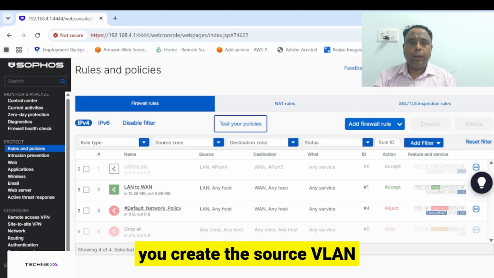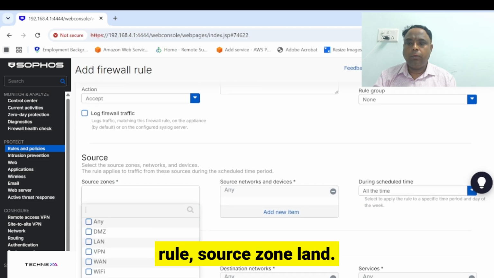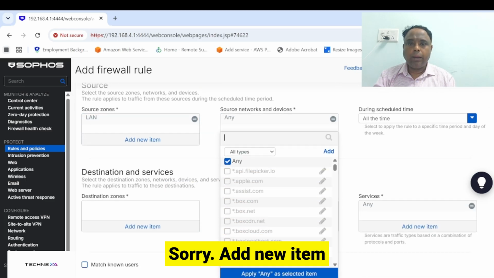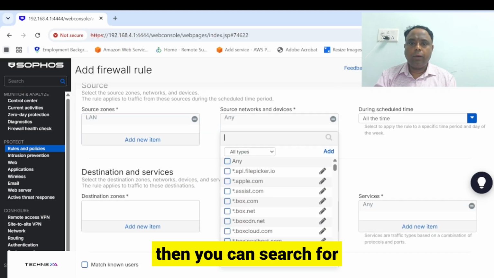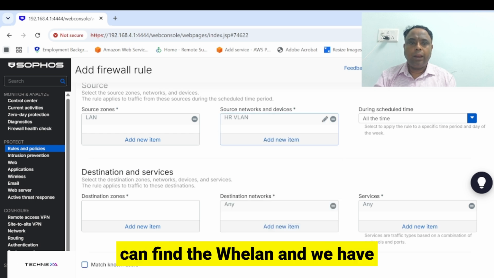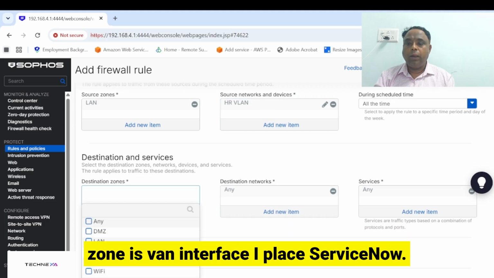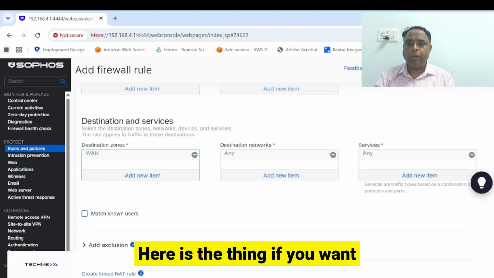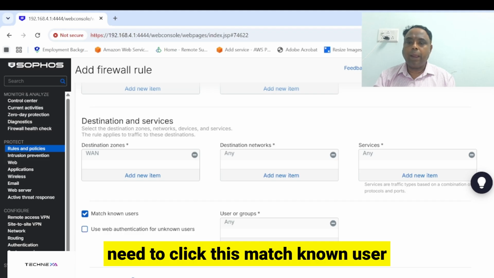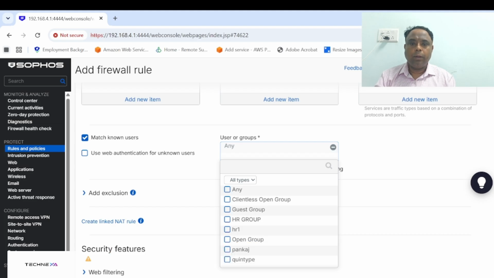So now once you create the source VLAN, add firewall rule, new firewall rule, source zone LAN, sorry, add new item. Then you can search for HR. So here we can find the HR VLAN and we have given 2.0 series network and destination zone is WAN interface, apply service. Now here is the thing, if you want to use identity access management, you need to click this match known user and you need to create that group,